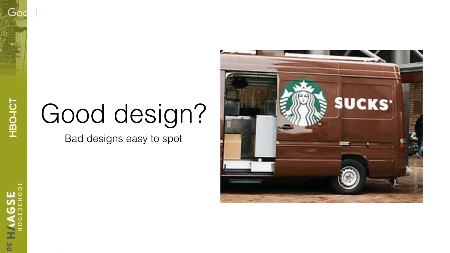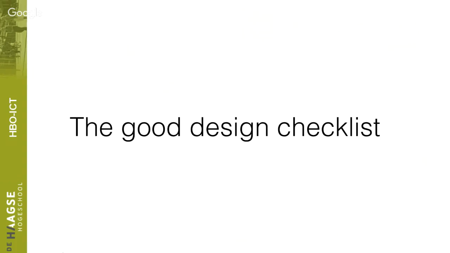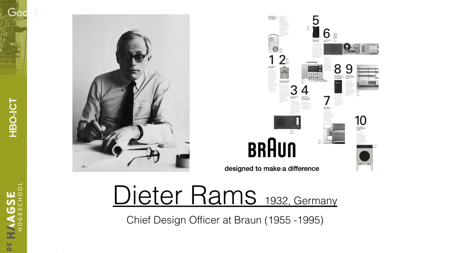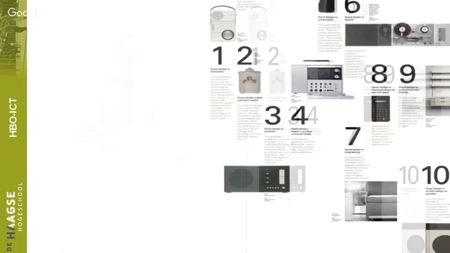So wouldn't it be nice to have some kind of a checklist, things that you need to check in order to get a design to be really good? Well, there are plenty of checklists that you can go through. One of these checklists is given by this German designer that worked at Braun for a long time, Dieter Rams. And he had 10 rules of good design. And if we go through them very quickly,